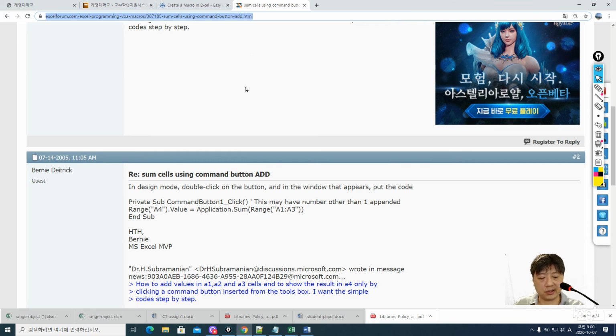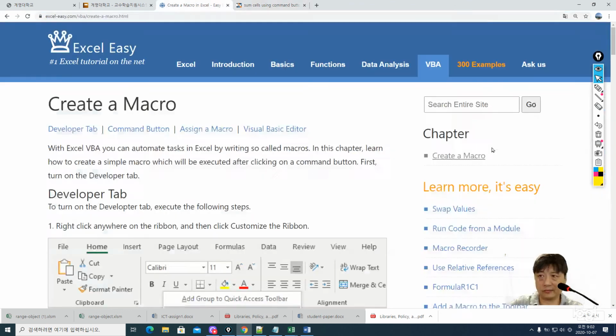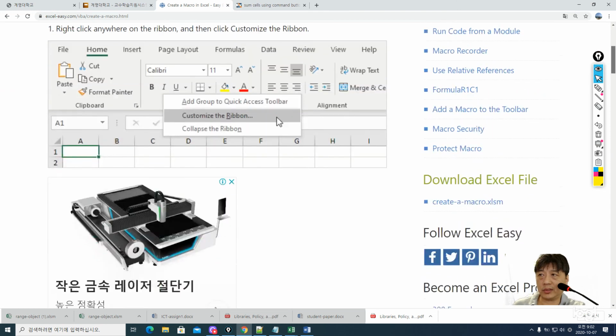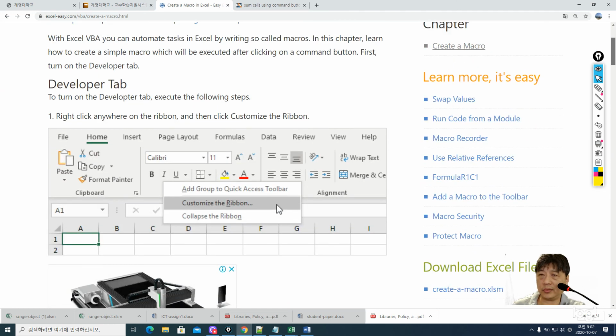Let's look at a little bit more about Visual Basic. This tutorial also gives you